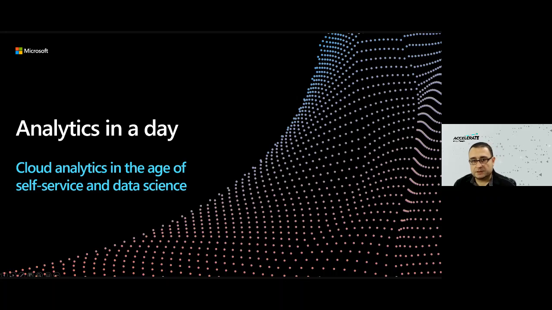So in this workshop, we'll cover a wide breadth of cloud analytics capabilities, mainly, of course, in the Azure cloud platform. Specifically, we're going to be talking about what the Azure Synapse service brings to the table. As you may have already heard or read somewhere, Azure Synapse Analytics is the latest iteration of a unified analytics platform that Microsoft has made available in the Azure cloud.